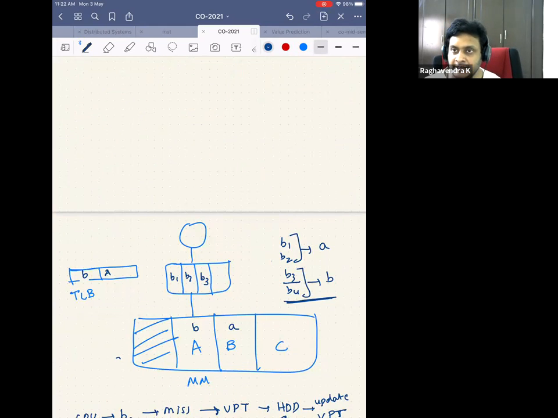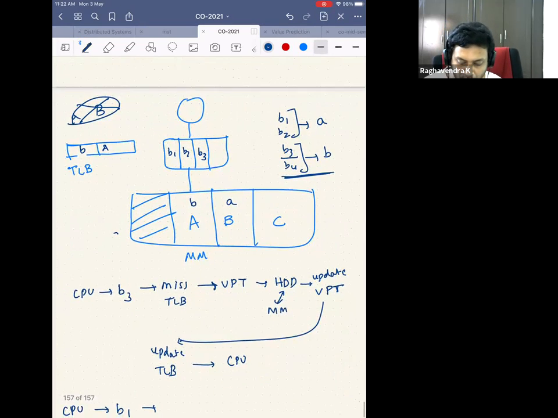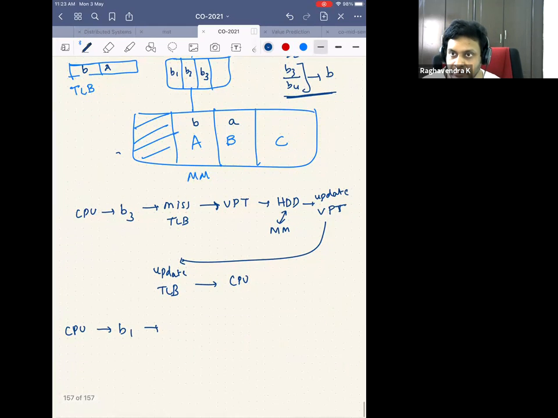So I just picked the least recently used policy. Of course, I don't even have to use any policy. I just say, okay, there was 1 entry, and now the recently used one is this entry. Initially, it was small a to capital B, which was the recently used. Now I came up with the recently used entry, so I removed this and kept this entry. That's perfectly fine. So now when the CPU generates small b1, will it be a hit in the TLB or a miss in the TLB?